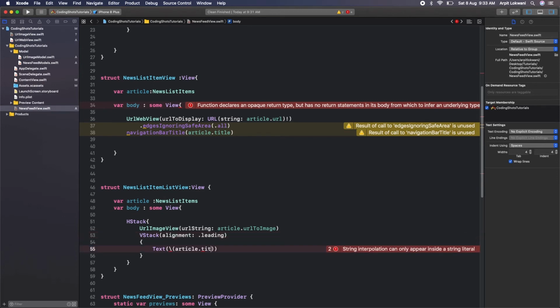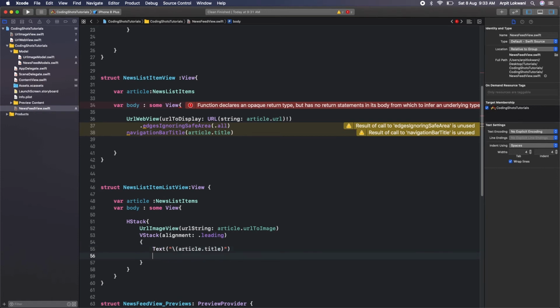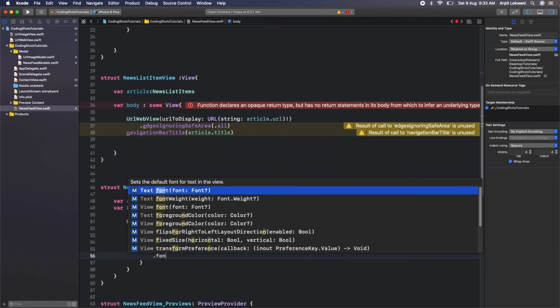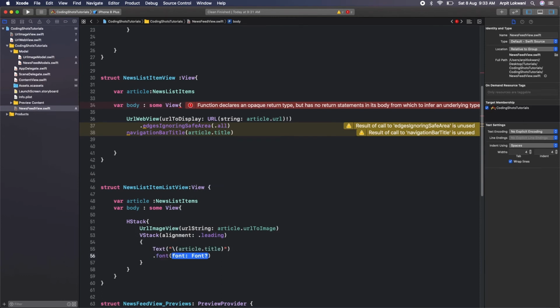Why is it not coming? Because it should be in double quotes. Dot title, and we can give the modifier saying font should be, I think, headline, and it looks fine because it's the headline part. SwiftUI has this beautiful feature where we can take help of these predefined fonts.